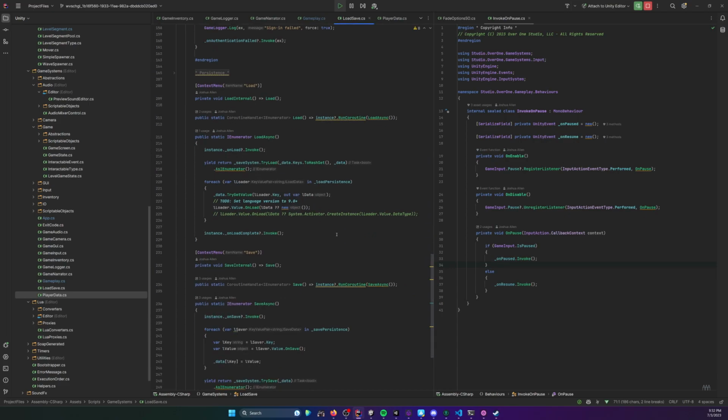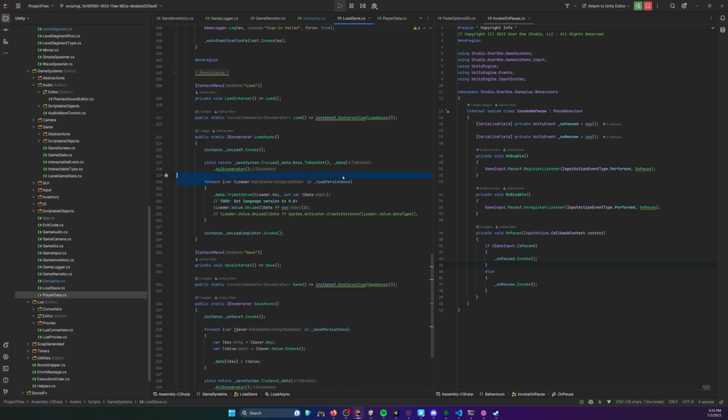That way, the save system doesn't have to care about data structures or data types or any type of specific gameplay information. It just needs something to be registered as a loader or saver, and then all of the data that those subscribers care about, they can manage and manipulate that content,